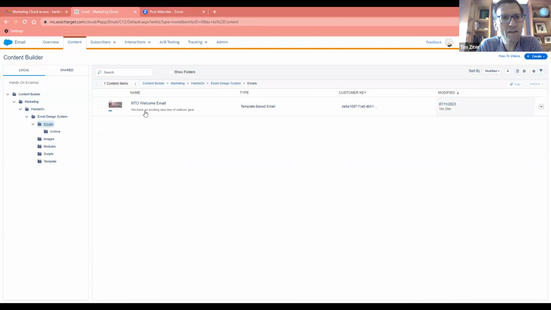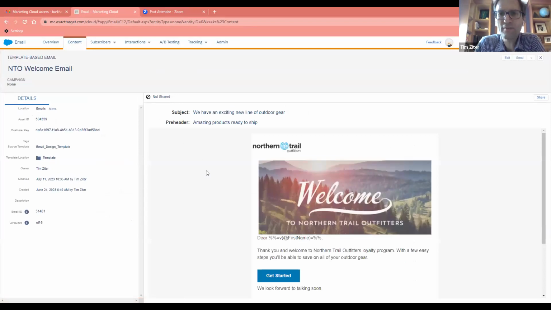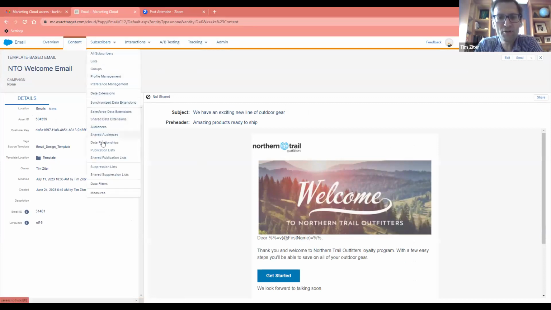And I think if you click on that NTO welcome email, so this is where we left off earlier in our last session. So this is fantastic. We're going to create a new tab. So we want to go into our data extension folder to pull up the data extension field values that we're going to use to render this